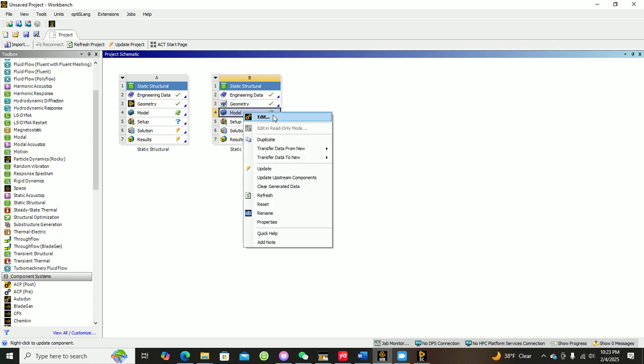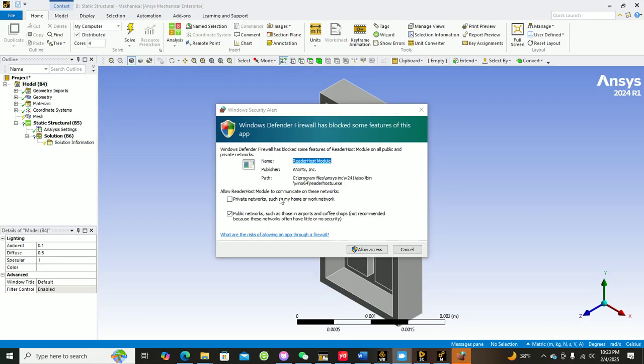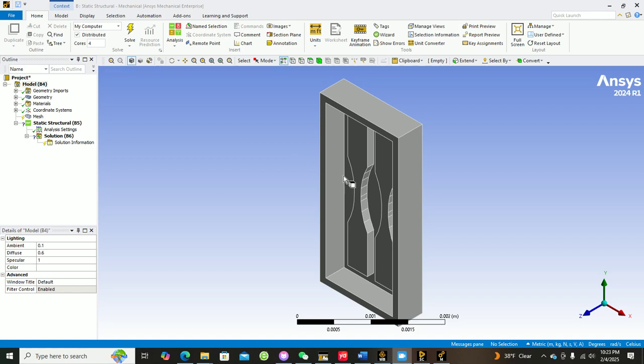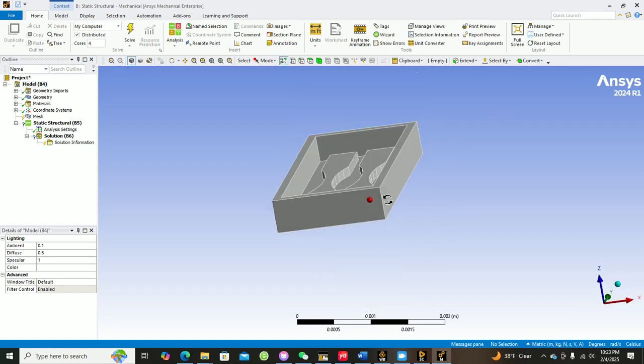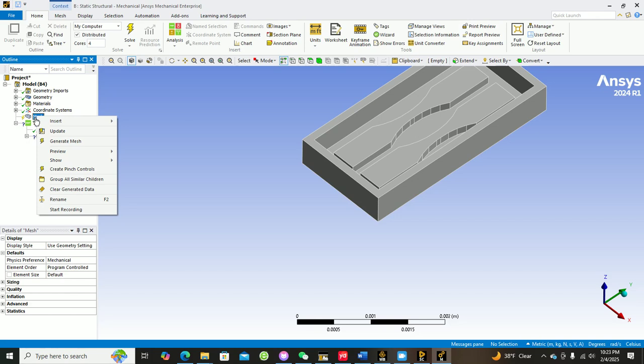Now we will go to the mechanical system, and maybe you will get this message, so you just need to allow this one. See, now you can see that our body is 3D,